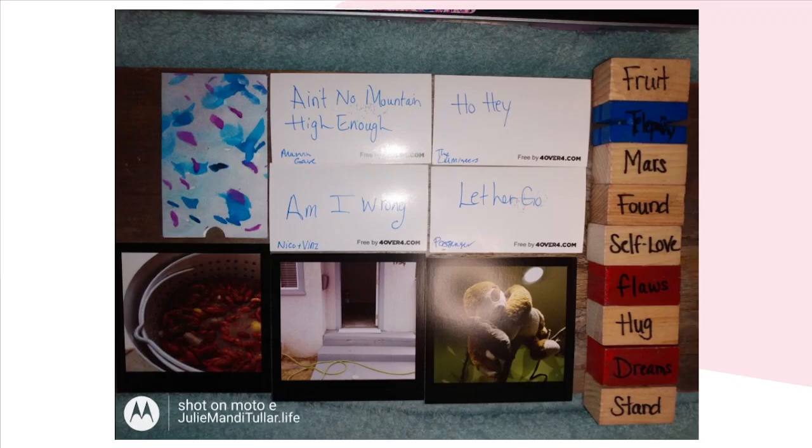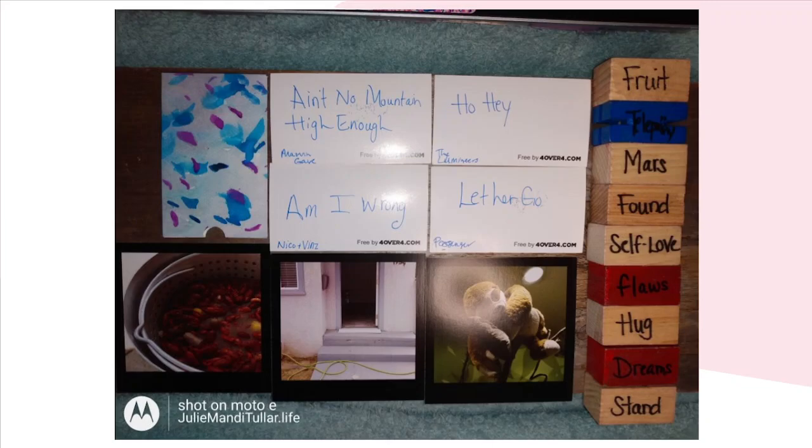So I feel like you have a lot going on in a lot of different directions, and also a need for rest. But let's look at the songs that came out for you. These songs could be relevant to you personally, or they could have more of a message for you, something to consider. They're also going to give me a vibe about the reading. I am having a hard time speaking clearly, which is interesting. So there may be some need to have a conversation that's difficult or something like that. Okay, so let's